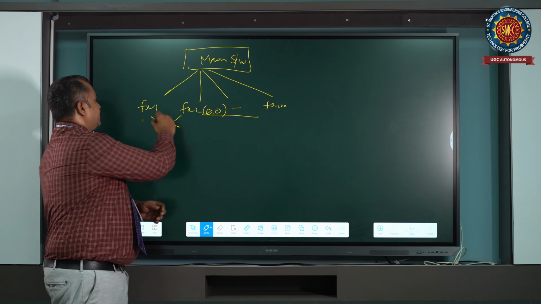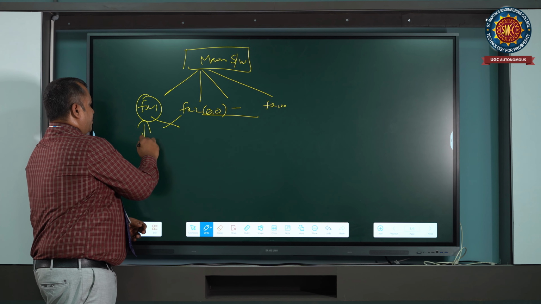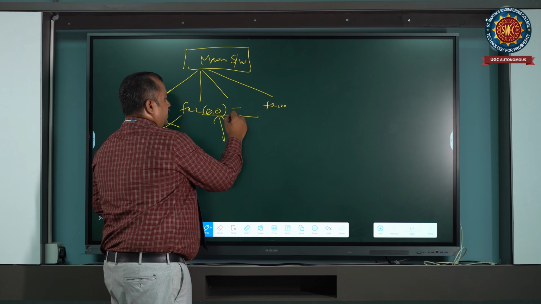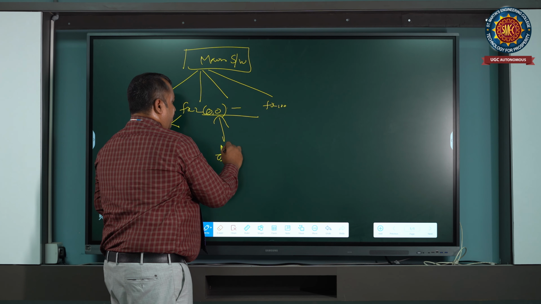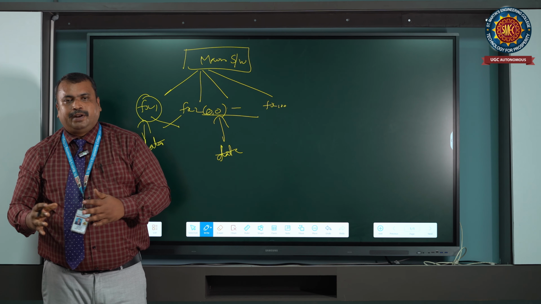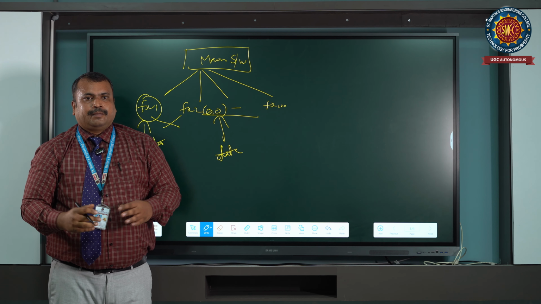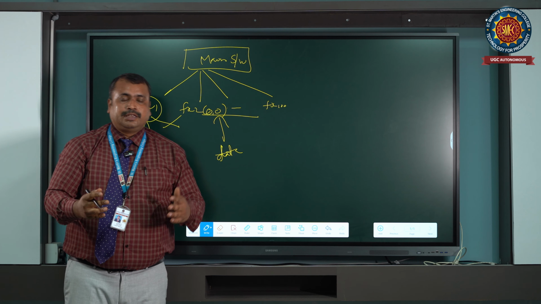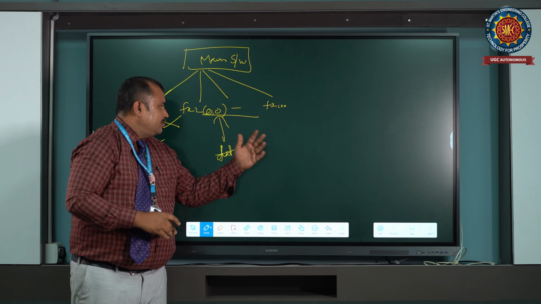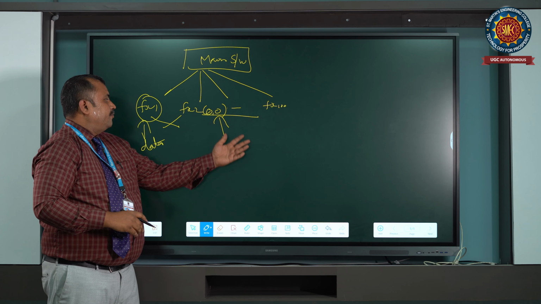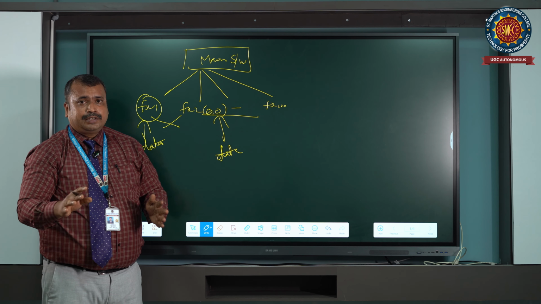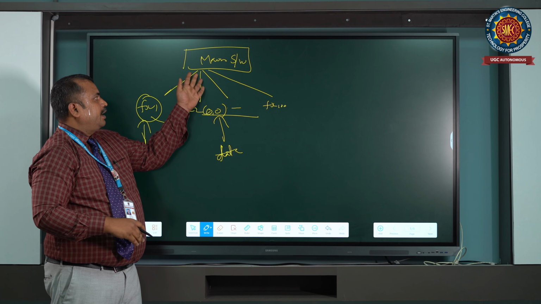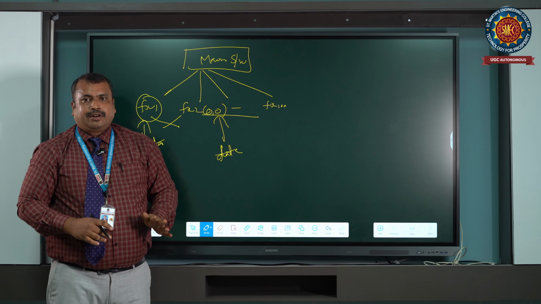Suppose this function is operating on data 1, and function 10 also works on the same data. Then the interdependency between the data will cause some issues while using the application. So there is no security for the data in the procedure oriented language. That is why we are moving from procedure oriented language to object oriented programming language.